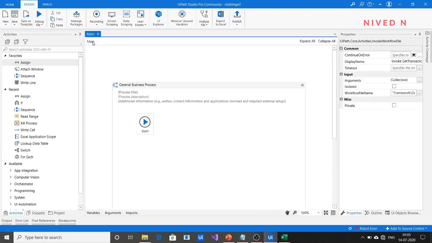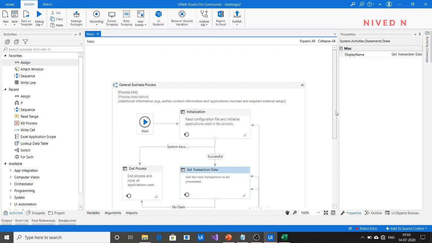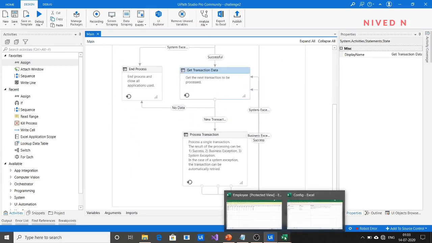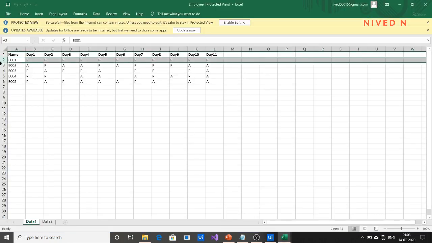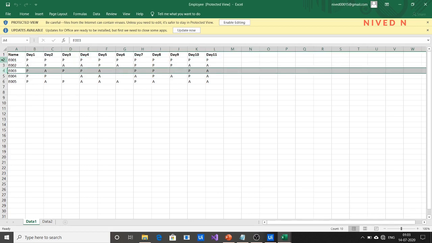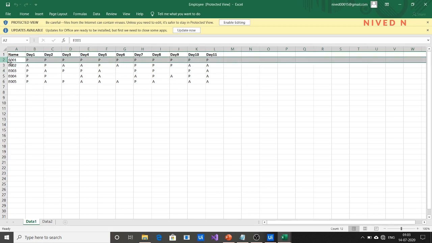Next step, what we have to do. We have got the transaction item, that is, each data row is considered as a transaction item. For here, each transaction item represents each employee's attendance details.